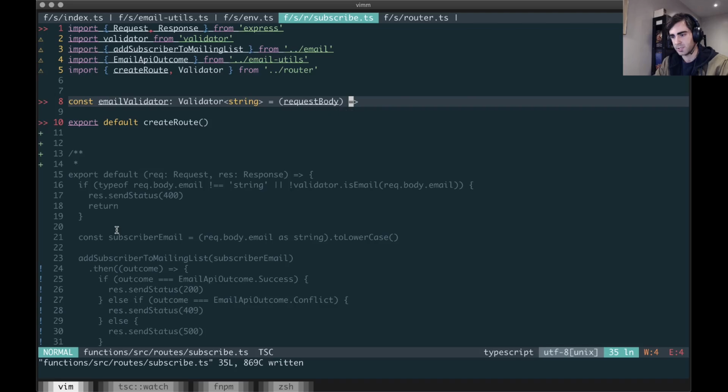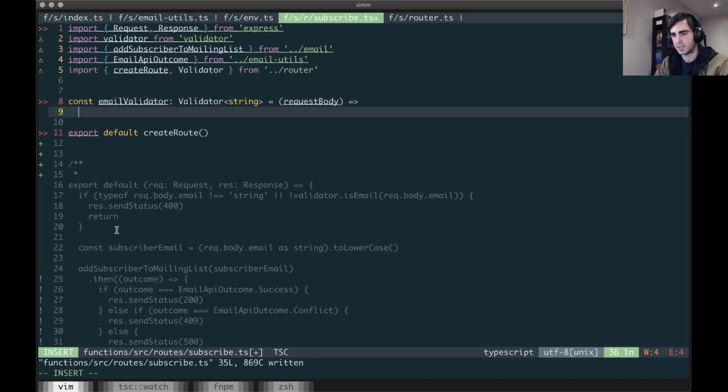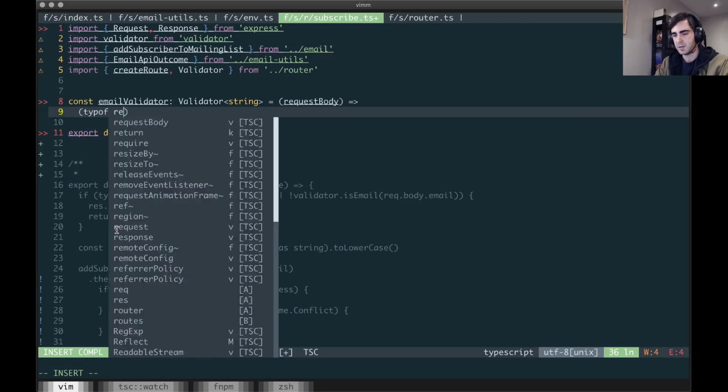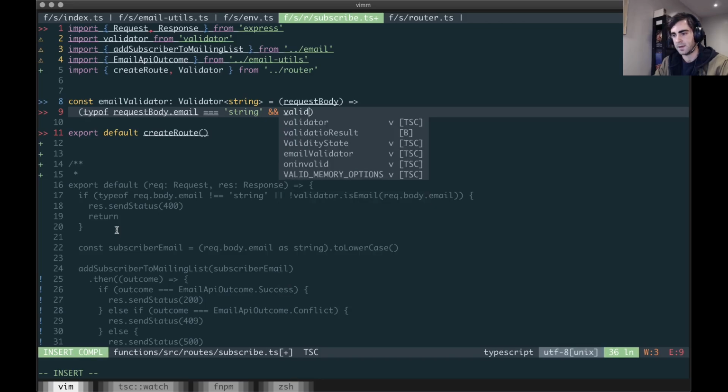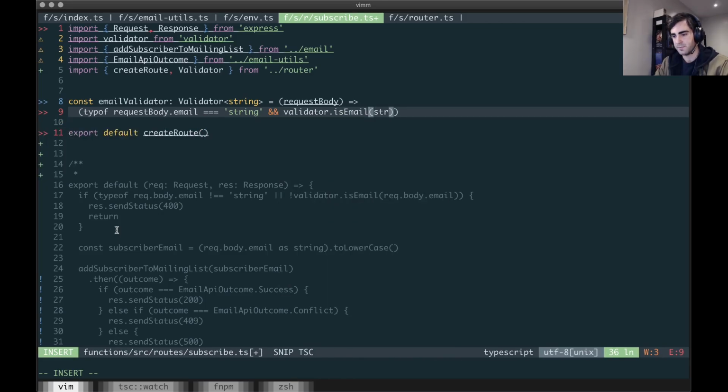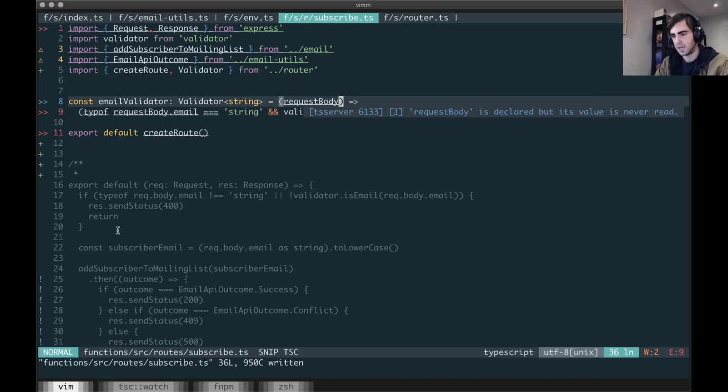Okay, so we're going to take a request body and we're going to do something with it. So what I want to do is do typeof request body dot email === string and validator dot isEmail request body dot email. Okay, something else I could do is I could destructure here